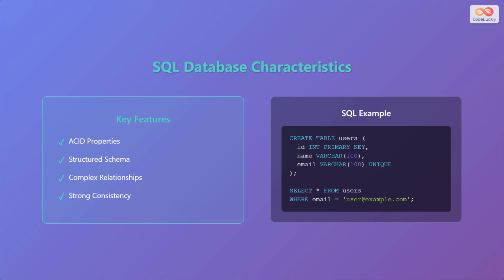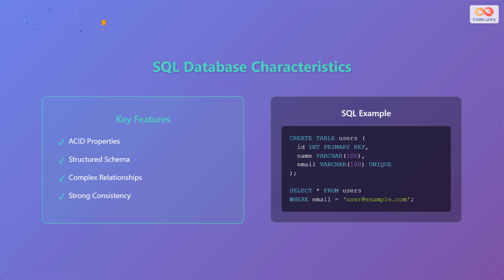Now, let's examine the characteristics of SQL databases. Key features include ACID properties, ensuring reliable transactions. They also have a structured schema, making data organization clear and consistent. SQL databases excel at managing complex relationships between data entities and provide strong consistency, meaning that data is reliable and